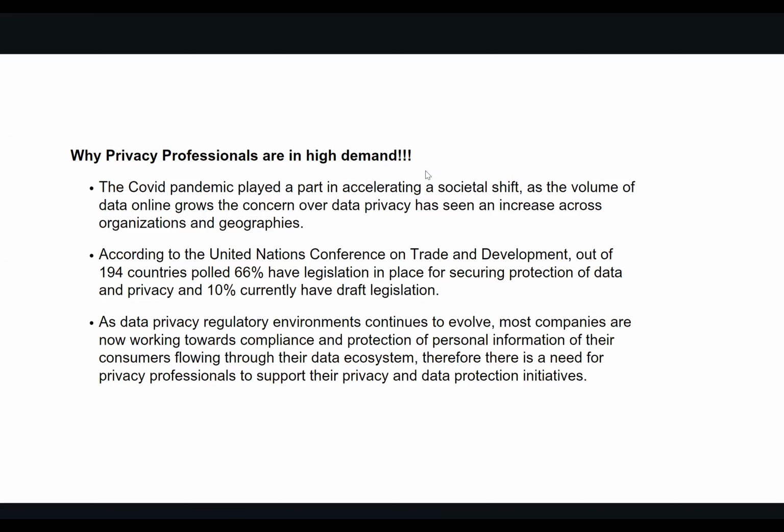And so the reason organizations are beginning to sit up is that they need to comply, and who would help them to comply if not privacy professionals? And therefore, according to the United Nations Conference on Trade and Development, out of 194 countries,